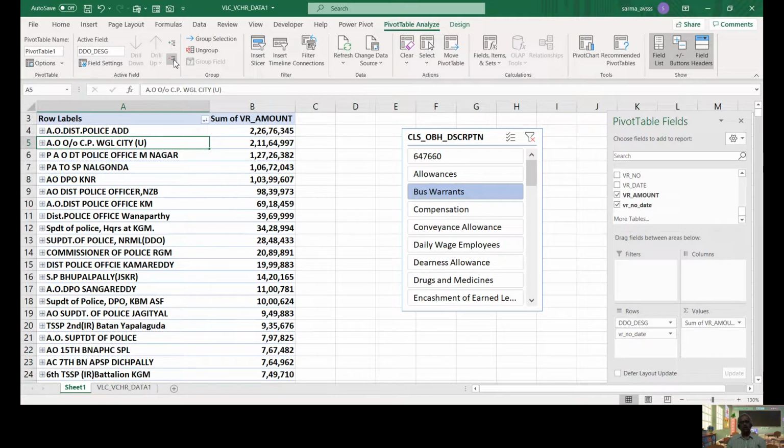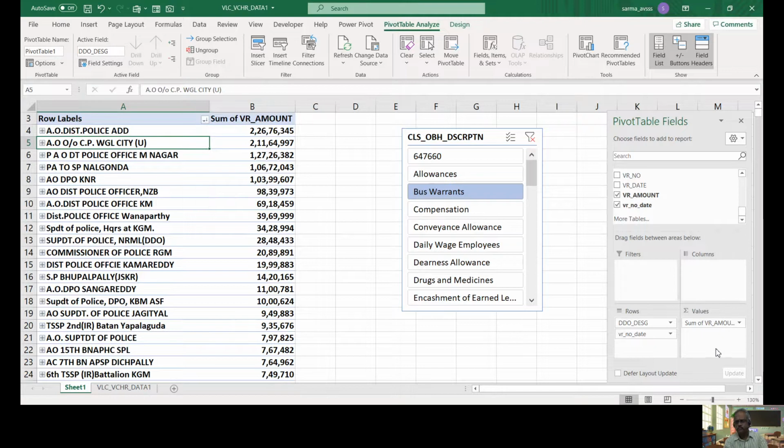Okay, maybe it is a misclassification or anything, but the system should not allow it without that. That means some validations are missing in the system. So once we identify that a particular DDO who is not supposed to spend has his name appearing here, that is also one of the audit objections where we can notice it, and we can identify the reasons by issuing audit objections.